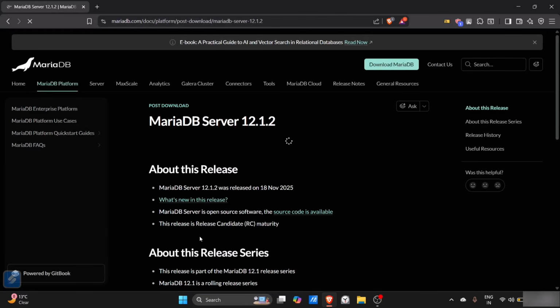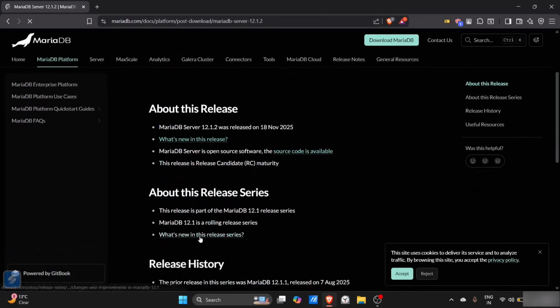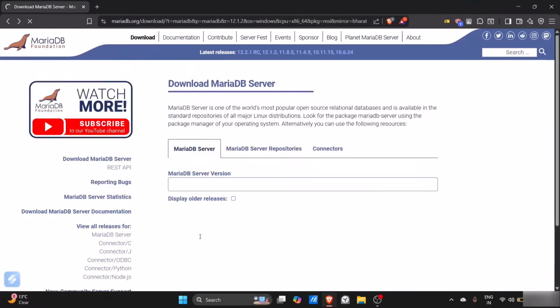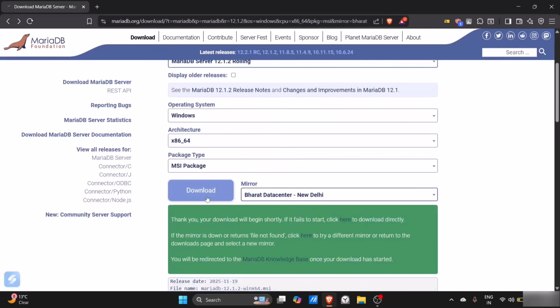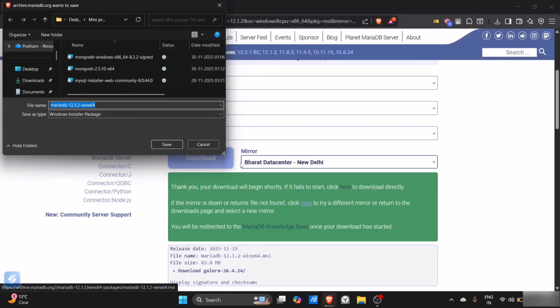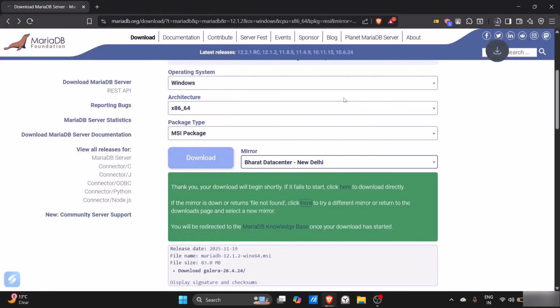Just wait for a second, guys. You can just click here to download that directly. Just reload this. Just click on the save button. This will take a few seconds. So yeah, it is downloaded now. Just click on this